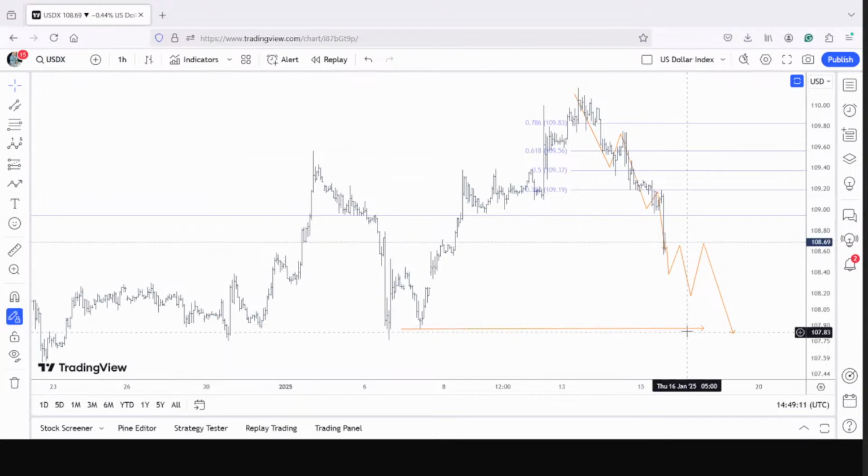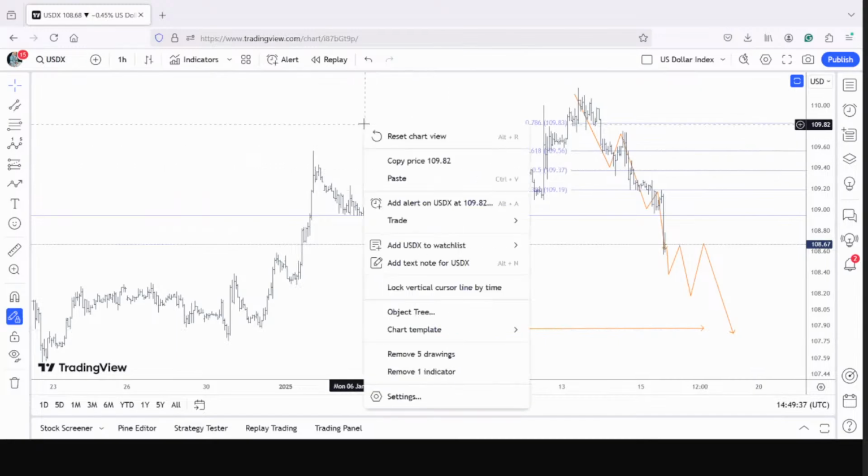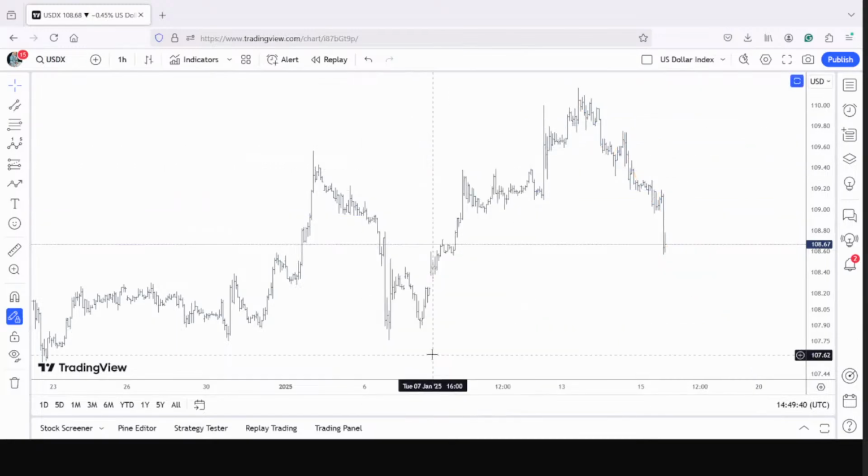Bottom line, immediate target 107.75. After that, we are going to see a pullback with around 85 to 90% probability. So if you have missed the trade at this point in time, please do not rush. Please do not chase the price action. We've got to trade according to the plan. If the plan is going down right now, just sit tight and wait for a corrective pullback. It is going to come. Prices don't go in one direction non-stop. All right. And remember the head and shoulder pattern that we discussed the other day. It's going to make that and then reverse sharply.